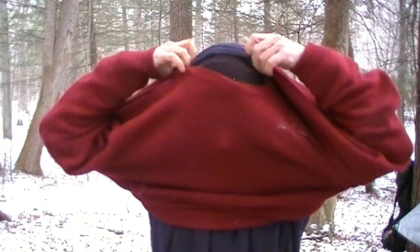So depending on the weather, I may throw on this one, I may throw on 2 of them, and I throw them right over this fleece. That way the fleece stays up against my body, and then the wool, which is a little less comfortable the closer it gets to your skin, can go right over that, and this keeps me very, very warm. If you're looking for any type of wool, check out your local Salvation Army or your Goodwill stores. A lot of them aren't pretty. I mean, there's a lot of ugly wool, but if they're 100% wool, they're going to keep you warm, and that's all that matters. These are very, very warm. I don't know what I ever did without wool in the wintertime, actually. So this over the fleece,